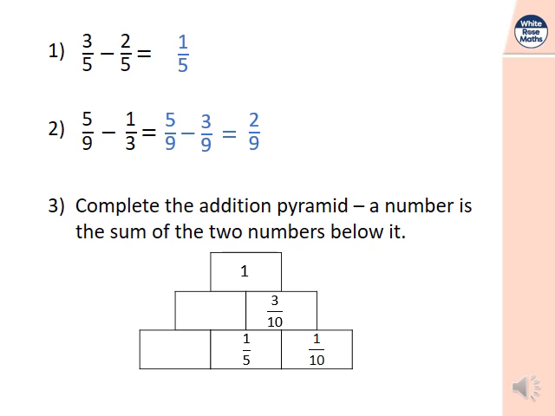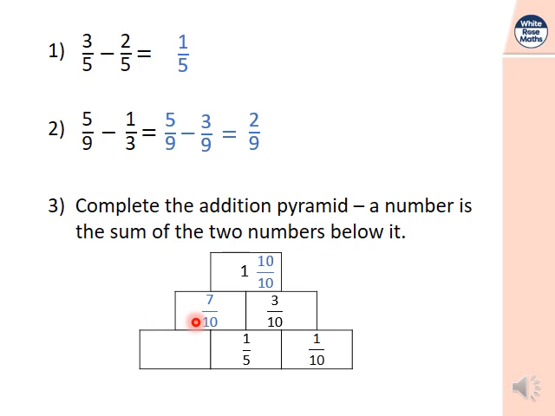So for the first one, we're going to do 1 whole take away 3/10. Now what we might have to do is convert our 1 whole into tenths. And 1 whole is the same as 10/10. So now we're doing 10/10 take away 3/10 to find that missing block, and that would be 7/10. Now to find the last one,